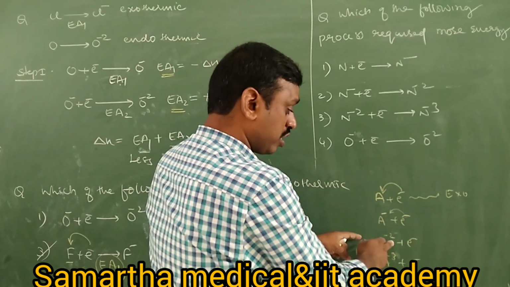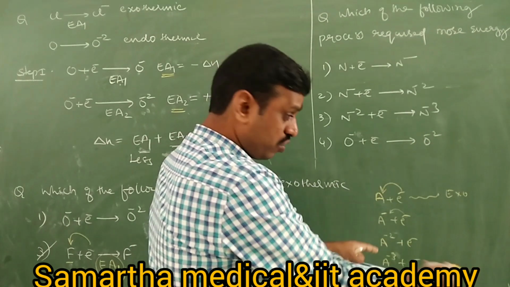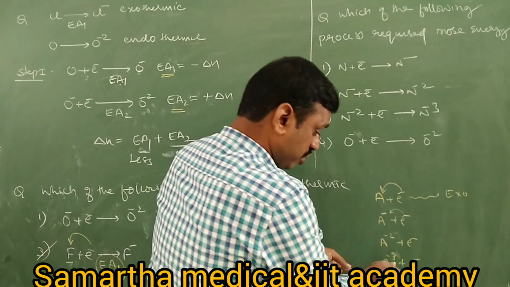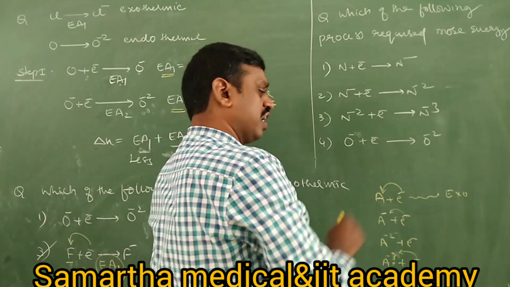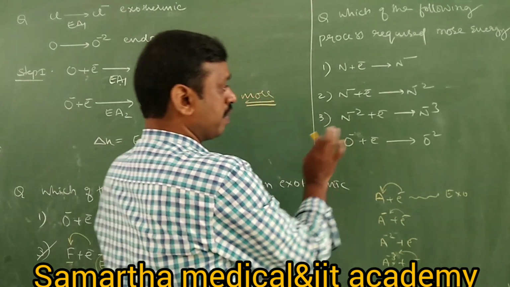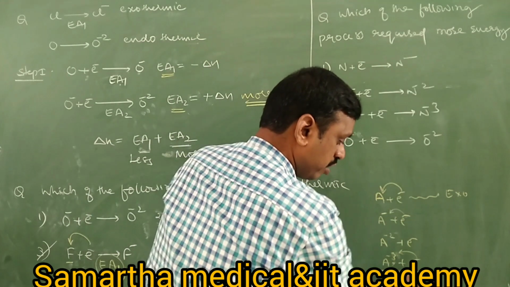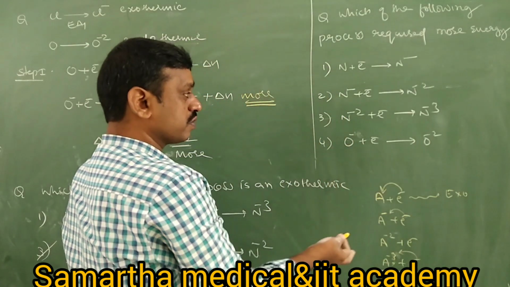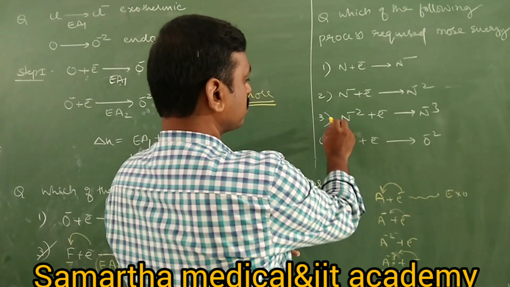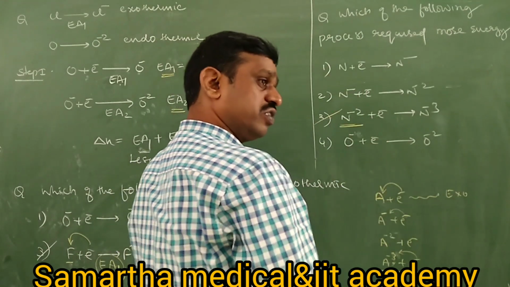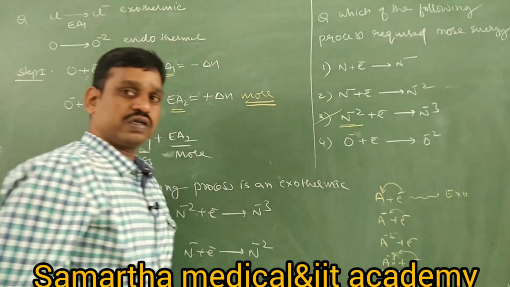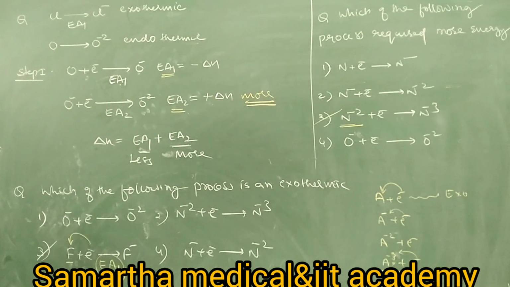In case of A minus 2, there are 2 electrons extra already. Then you cannot add one other electron. There are 3 electrons extra. You cannot add a 4th electron to A minus 3. It is highly difficult. Therefore, A minus 3 requires more energy. Therefore, we need to say more negative charge, where it is minus 2. So the addition of one electron to N minus 2 is difficult because already there are 2 extra electrons present in the nitrogen. Okay.